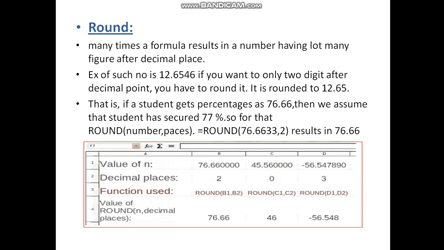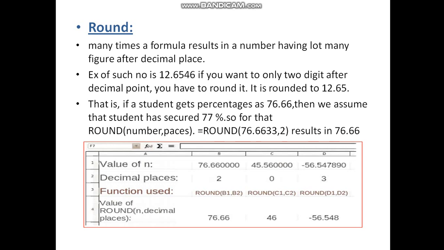That is, if a student gets a percentage of 76.66, then we assume that the student has secured 77%. So for that we use round. The syntax is ROUND in brackets, number, comma, places. For example, round 76.666 comma 2. The 2 indicates the decimal places. After the decimal point there are only 2 digits here.